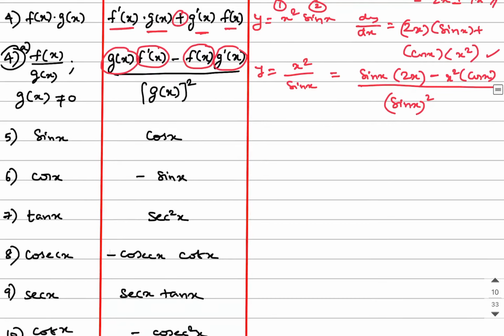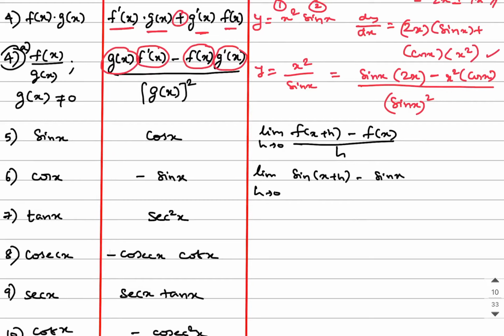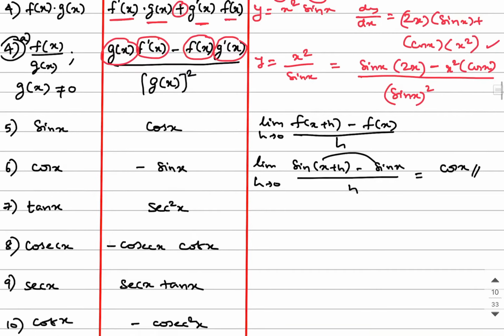So the fifth one: when you have y is equal to sin x, the derivative of sin x is going to be cos x. This can be proved using the first principle. I'm not going to show you the proof, but I'll give you an outline of how to find it. Limit h tends to 0. You know the first principle of derivative is f of x plus h minus f of x divided by h. This can be written like this: limit h tends to 0, f of x plus h means sin of x plus h minus sin x, whole divided by h. Here if you apply the sin c minus sin d formula and then solve for it, the final answer will come out as cos x. So this proof you would have learnt last year.